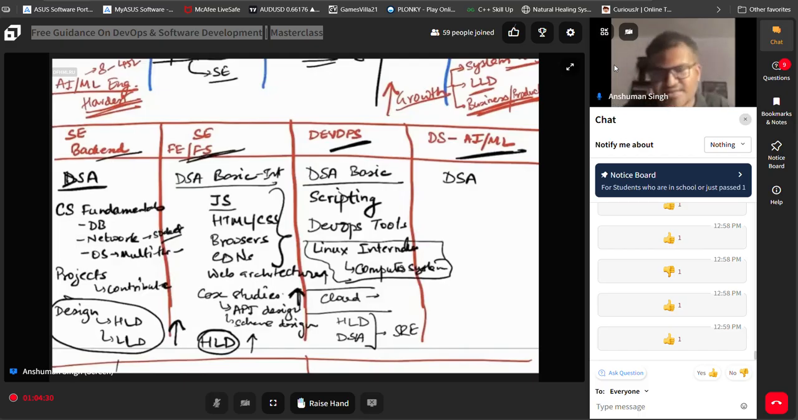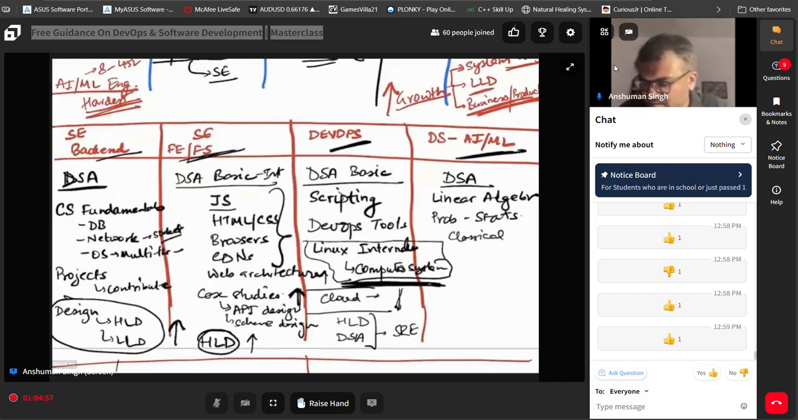If you do a little less, you still be a DevOps engineer. I mean, things till here are mandatory. After here are good to have. On AI ML, DSA important. Good understanding of mathematics, which is linear algebra, prob stats, probability statistics, basic classical machine learning, on supervised data, unsupervised data,